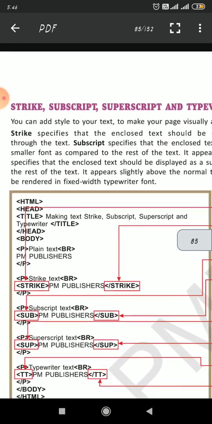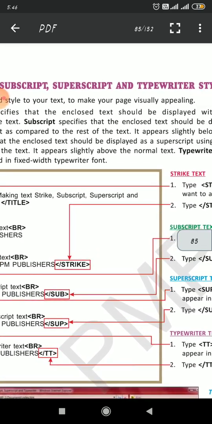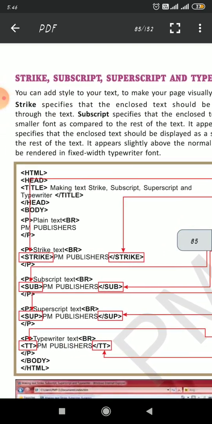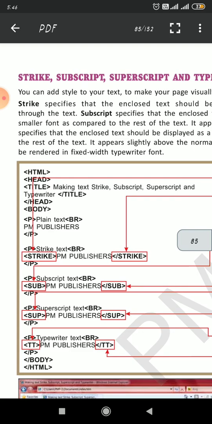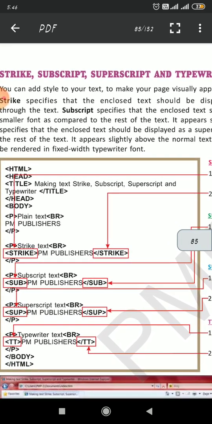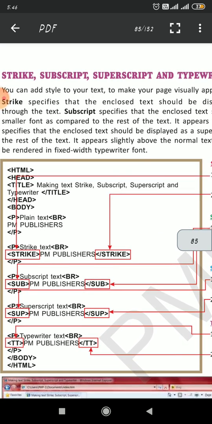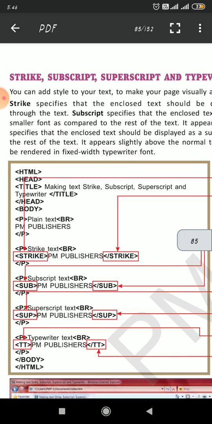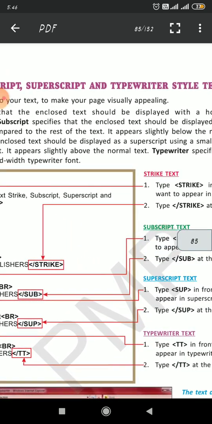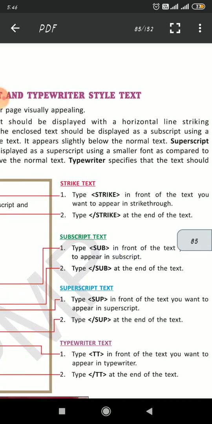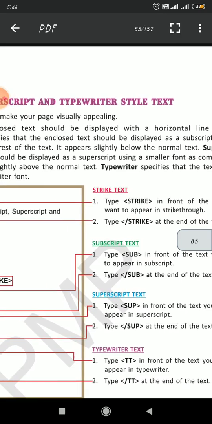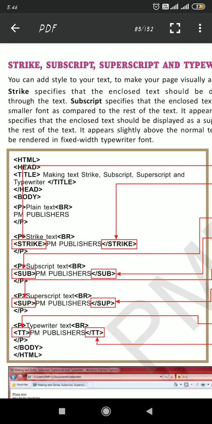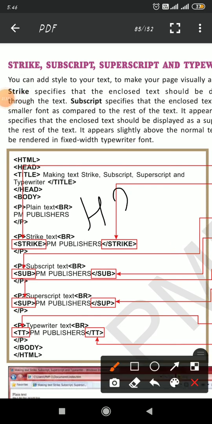Subscript specifies that the enclosed text should be displayed as a subscript using a smaller font as compared to the rest of the text. Means whatever text you have written, the rest of the text looks bigger, but one text should be displayed in subscript format, means small, like you have written a formula, okay, H2O.